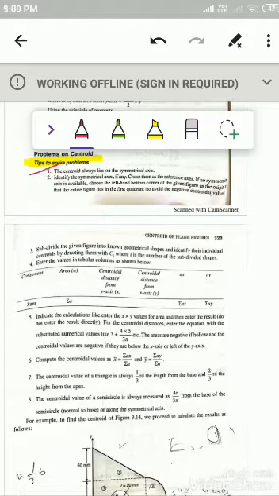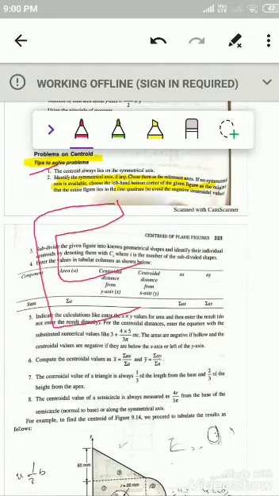The next point is: identify the symmetrical axis and choose it as a reference axis. In the given geometrical figure, if there is any symmetrical axis, you just identify it. And if there is no symmetrical axis, choose the left hand bottom corner of the figure as the origin. For example, if you consider a C section and divide it horizontally as well as vertically, it is not symmetric about both axes.